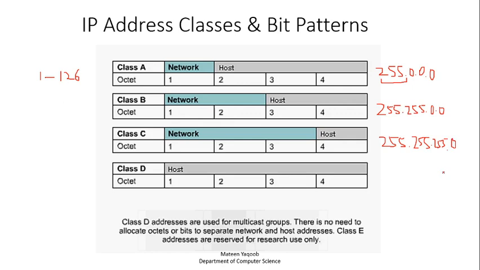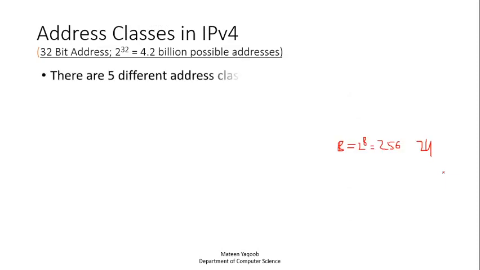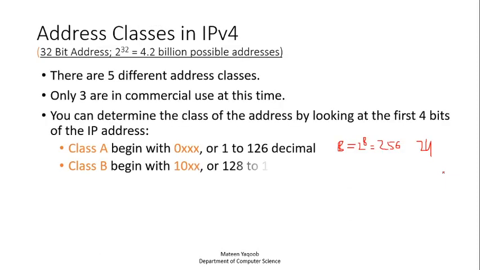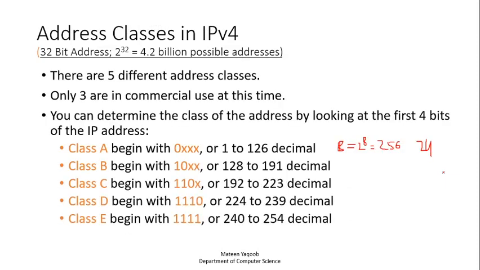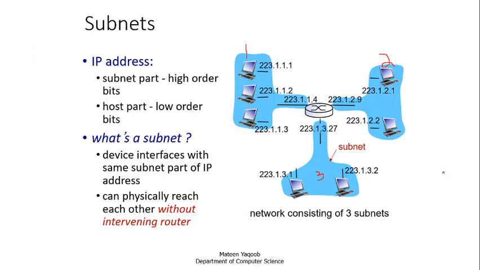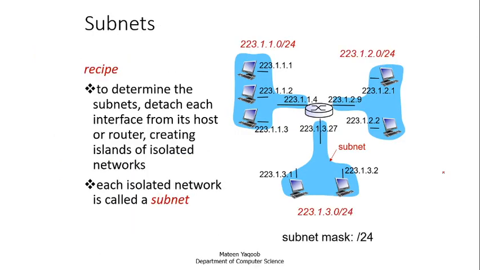So this will determine which class you are assigning an IP. Subnet mask basically will determine the class of an IP address, or it will help in masking of an IP address. So in this case, the IP address belongs to class C. For class C, there are 24 bits for the network. So the subnet mask is /24, or simply